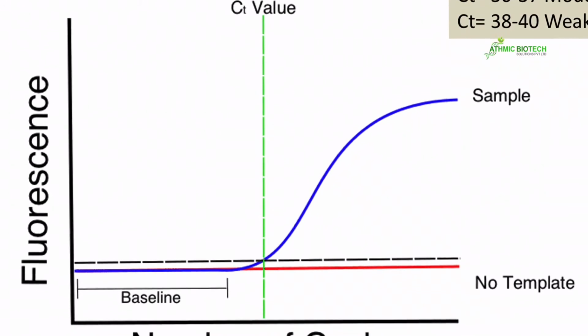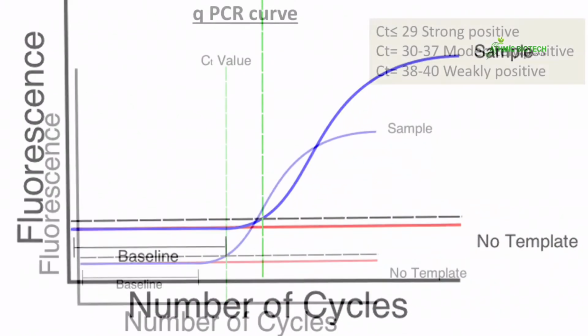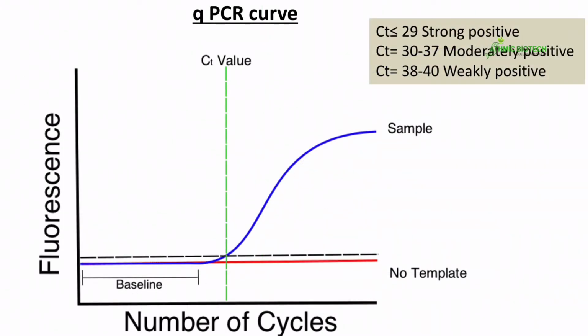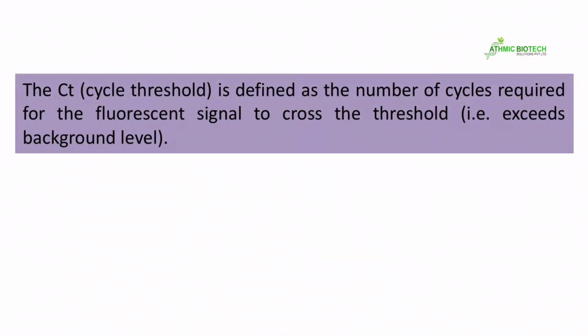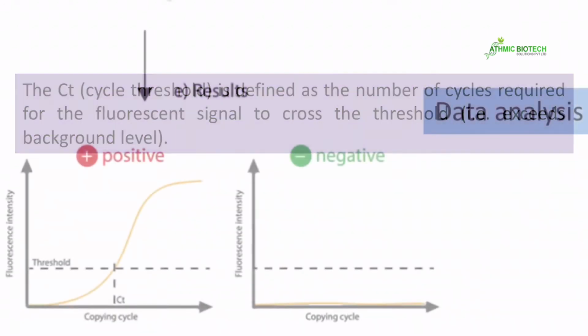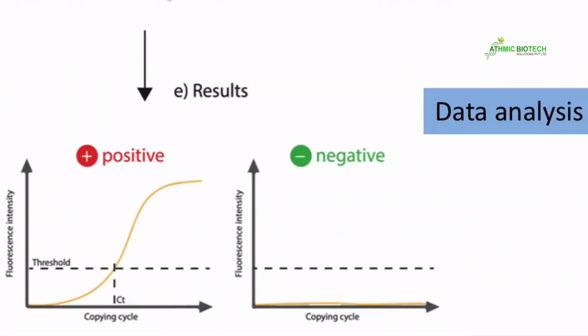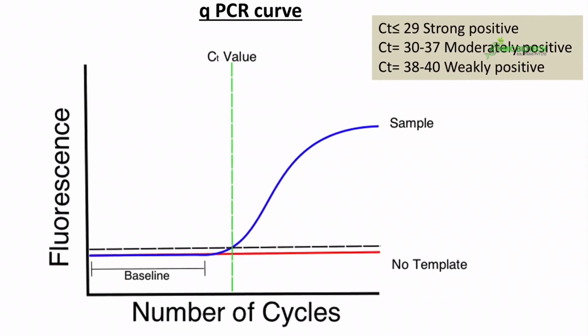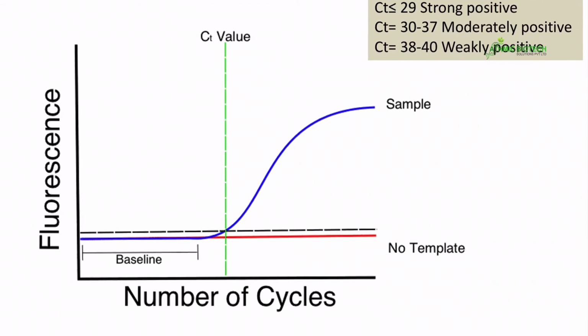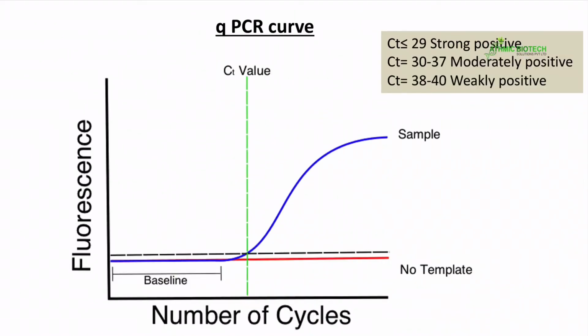So this is the output of qPCR and this is known as the qPCR curve. Here you can see a CT value or cycle threshold. It is defined as the number of cycles required for the fluorescent signal to cross the threshold. In the reaction mixture, we are providing the fluorescent dye, so there will be a background fluorescence. Only when our target gene is present in the reaction mixture will the CT value form, or during the reaction, after a certain number of cycles, the fluorescence will go beyond the CT value, that is